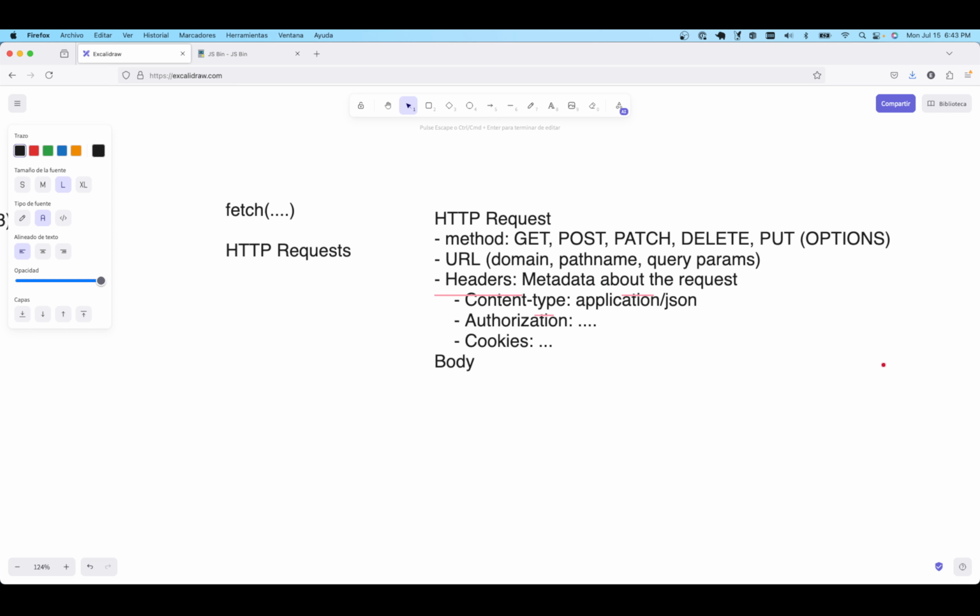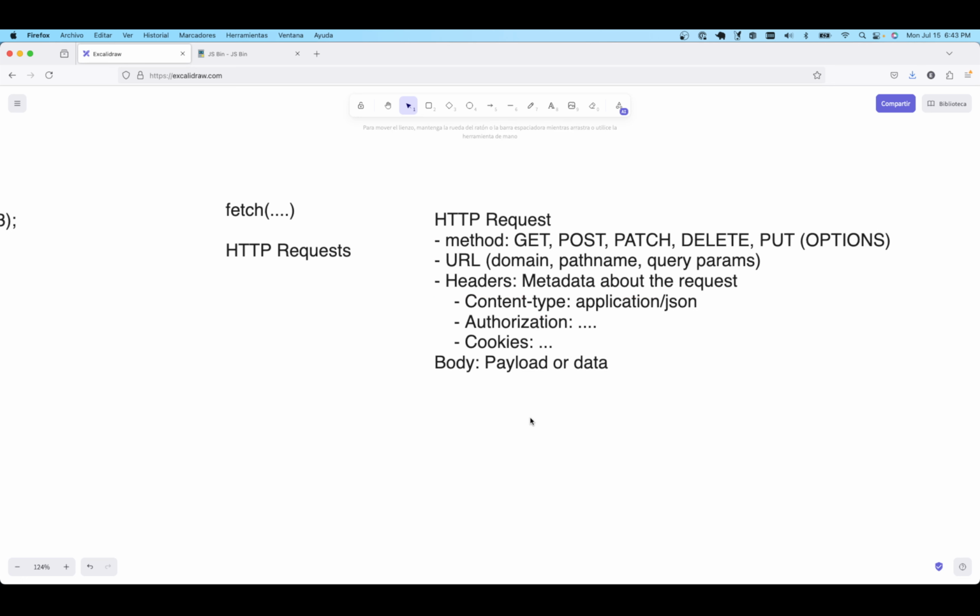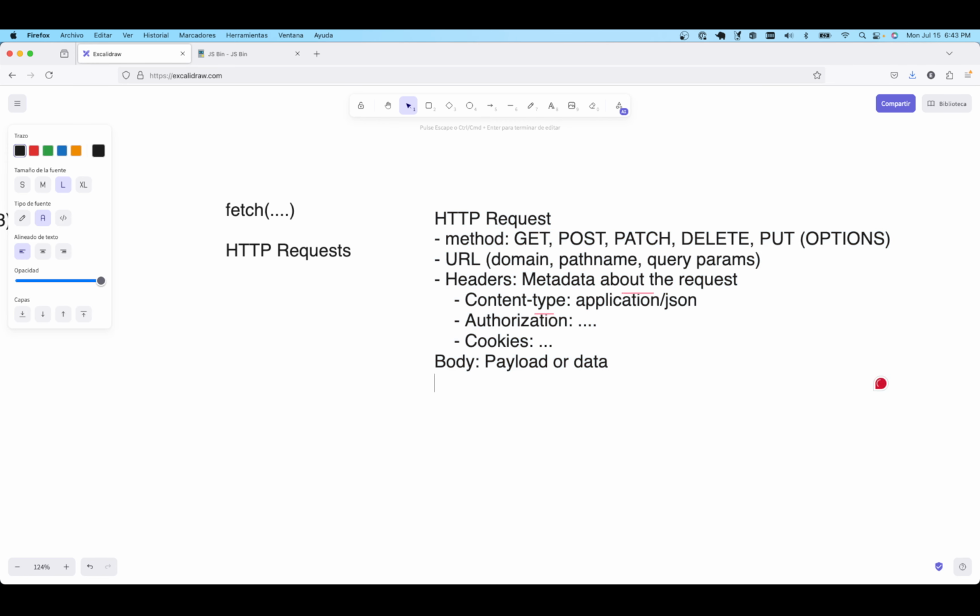And last but not least, we have the body, the content, the payload. GET requests don't have a body because they don't need to send one. But if you have a POST request, a PATCH, probably not DELETE, you need to send data, because basically you are taking data and sending it to the server. You need to send that data as well. Now, in terms of the response,